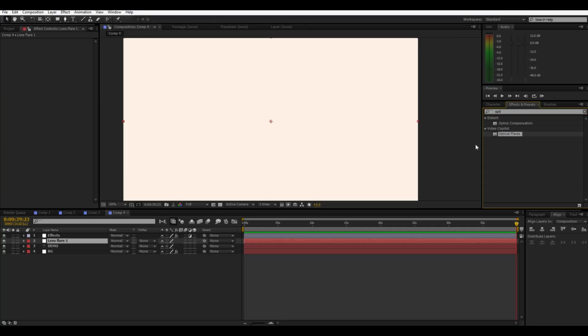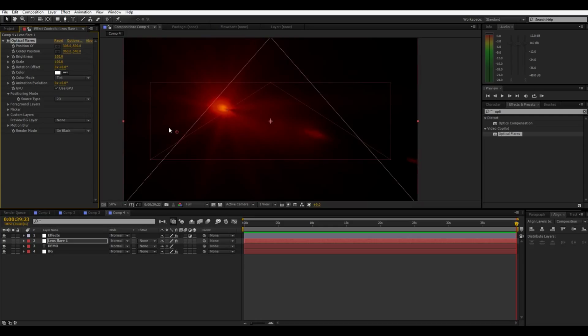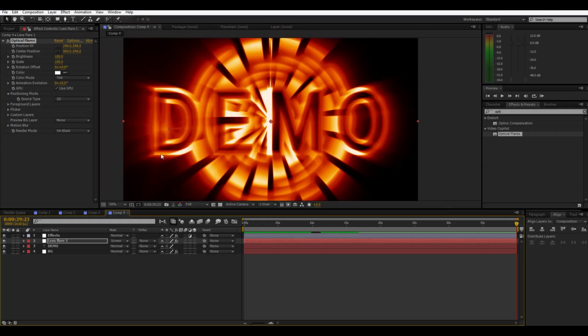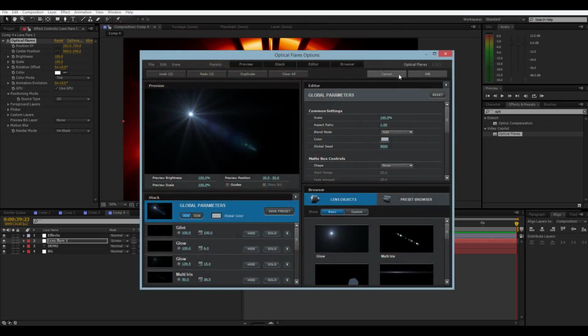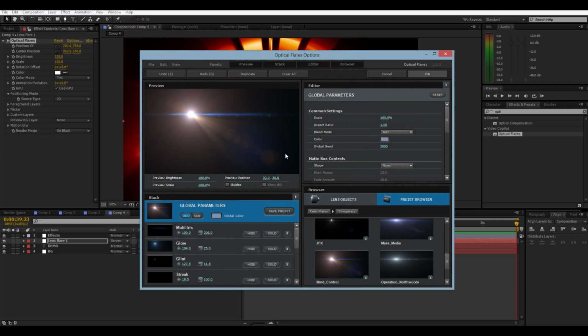This isn't required, like you don't need this since it is a third-party plugin. You don't need this for the effect to look cool, but I think lens flares do make it look a lot better, so I recommend it. But you can use pictures of lens flares just online, find a good lens flare, put it on screen mode, and that'll look pretty good. So just make sure you find a nice anamorphic looking